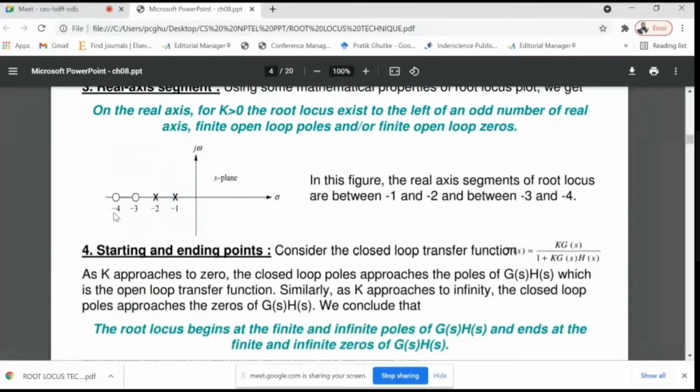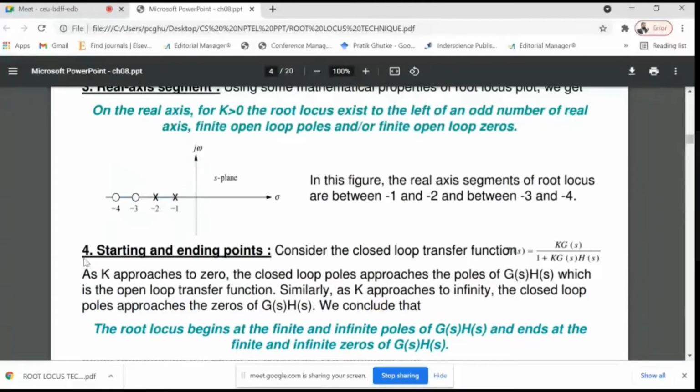See, this is your pole zero mapping on the real axis. First of all, for the given transfer function, we have to map the pole zero mapping on this S plane. Means in the given transfer function, there would be one pole at -1, one pole at -2, another zero at -3, and then another zero at -4. Means on the numerator side there will be S plus 3 and S plus 4, and on the denominator side there would be S plus 1 and S plus 2. Are you getting this? Have you understood this pole zero mapping?